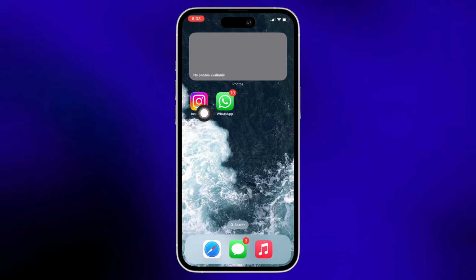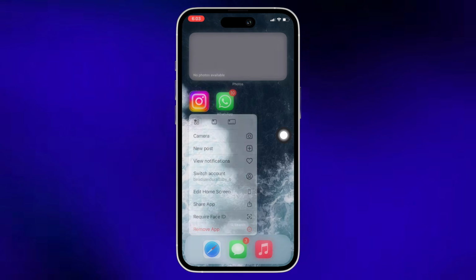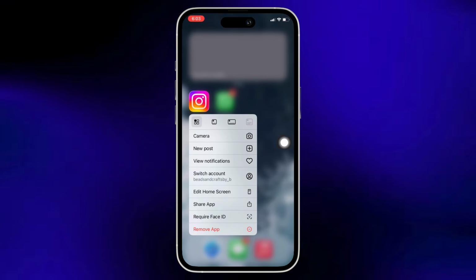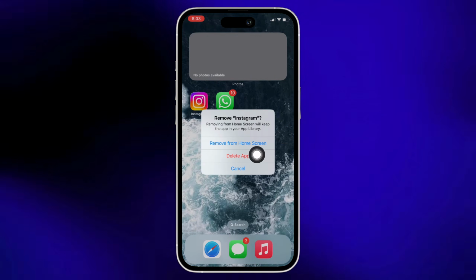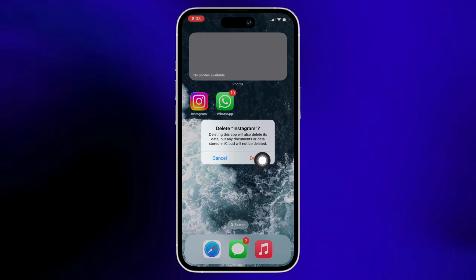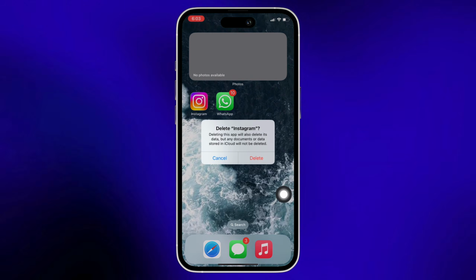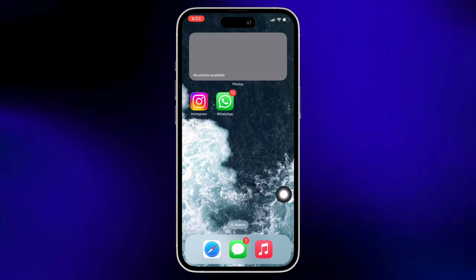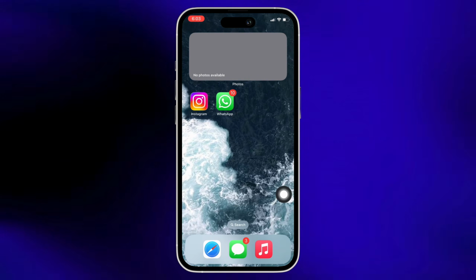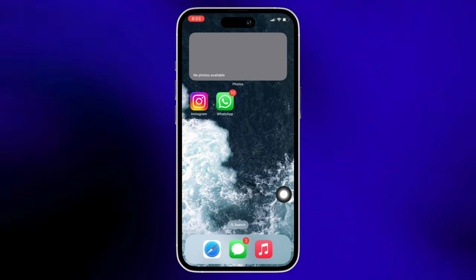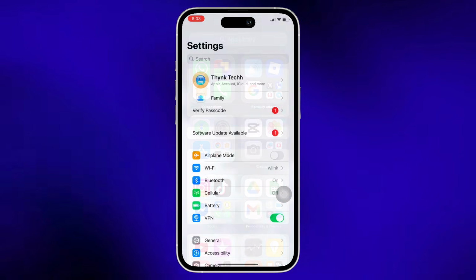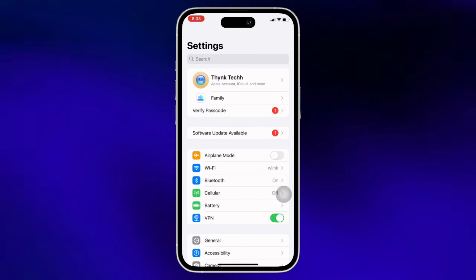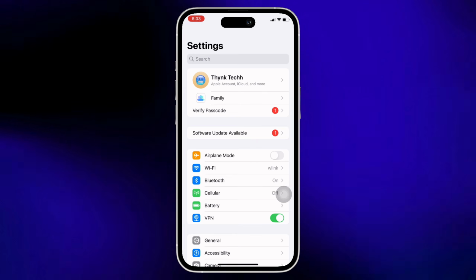hold on the Instagram application. Further, you will see the option for remove app. Tap on that and then tap on the delete app option you see there. Further, tap on delete again, and once deleted, reinstall the app as this will help in clearing the cache and refreshing the app. See if that fixes your issue or not, and if not, then open settings on your device